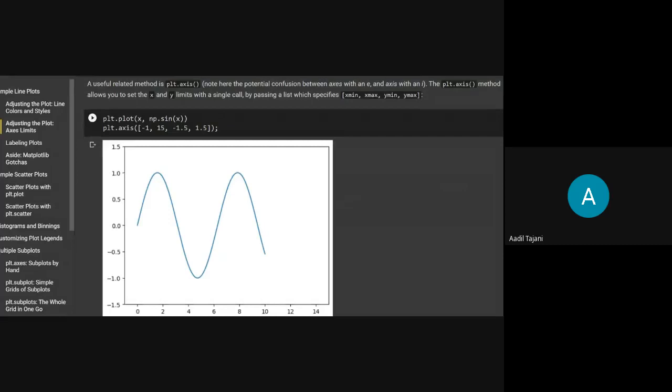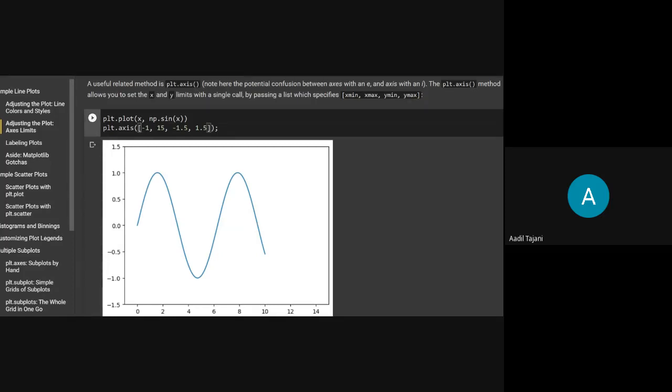Also, if you don't want to use different functions again and again, Matplotlib has a function called axis, AXIS, and in that you pass a list of 4 values. Using just one list, you can mention all 4 values, as you can see here. I want to start the x-axis from -1 and end it at 15.